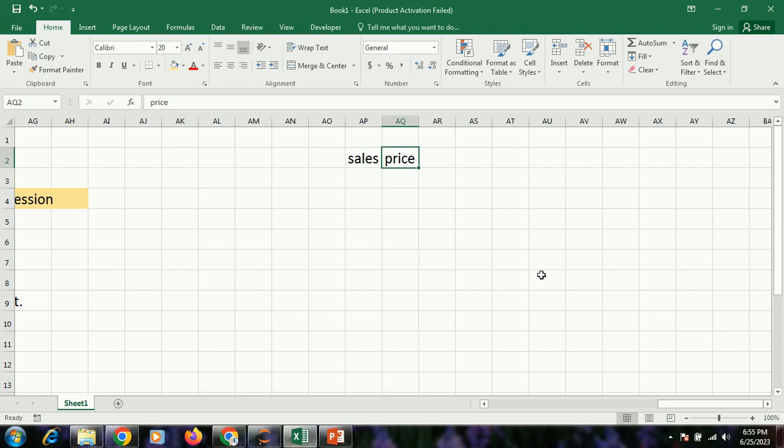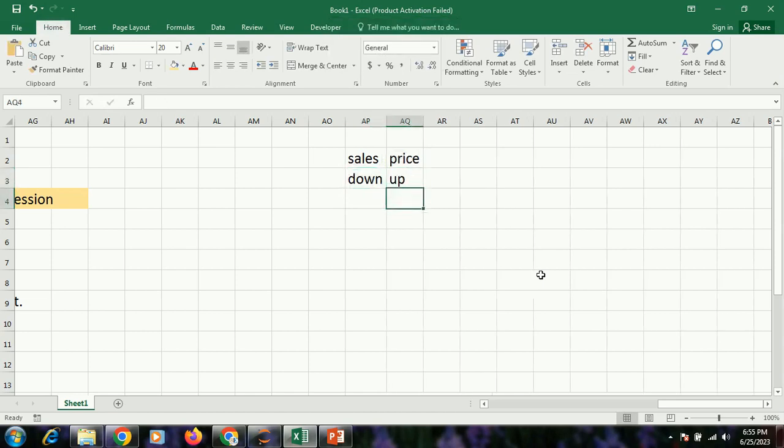Yes, no. Does it increase or reduce? Normally it reduces the sales. Absolutely correct. That means when I increase the price, the sales will go down. Price up means sales down, and vice versa. Price down means sales up.